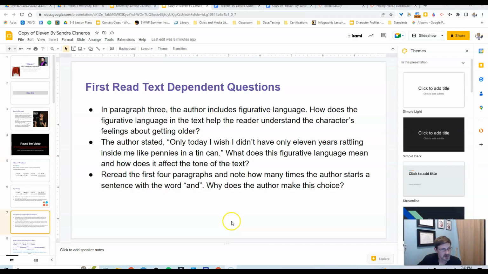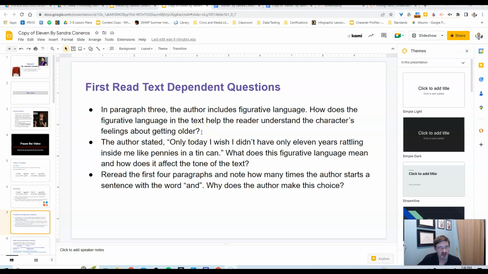Alright, so same thing, you've done this before. Look back into the text, look at these questions you have here in your writer's notebook. If for some reason you don't have your writer's notebook, a piece of paper will work for today since I'm not there to help find your notebook. Jot down some brief answers to this question.